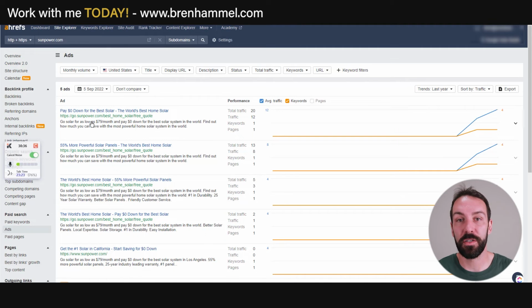So not only the financial offering of potential savings, but getting into solar for $75 per month, $0 down. It's like an all-encompassing kind of financial offer that I'm speaking about. The next one is that they have that offer again about finding out how much you can save with solar. It's very much a pressing question within the prospect's mind, and their ads are catering for this curiosity that the prospects have. So we see here, find out how much you can save with the most powerful home solar system in the